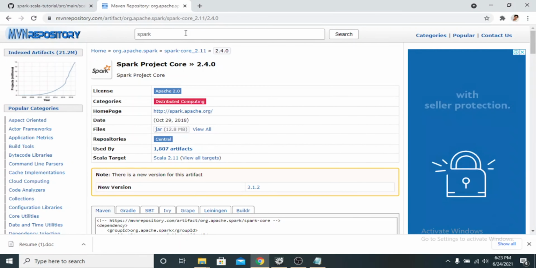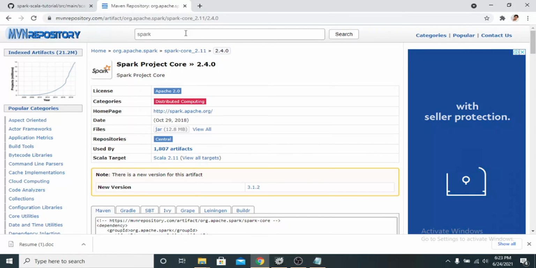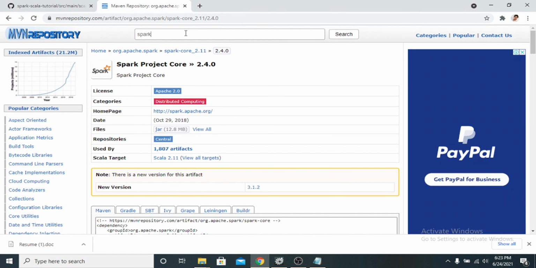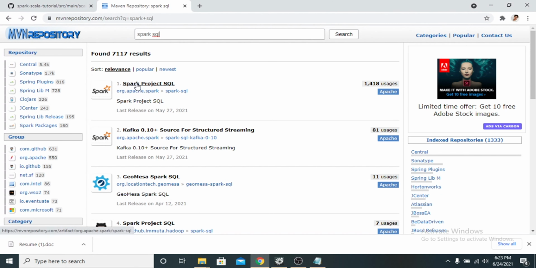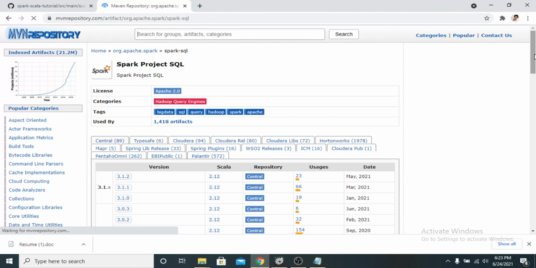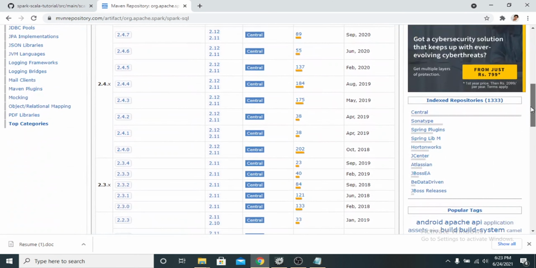Because SparkSession is available in Spark SQL. SparkSession is an entry point, so without SparkSession we cannot enter into our Spark job. So we need Spark SQL. We will take the same version, Spark 2.4 and 2.11.